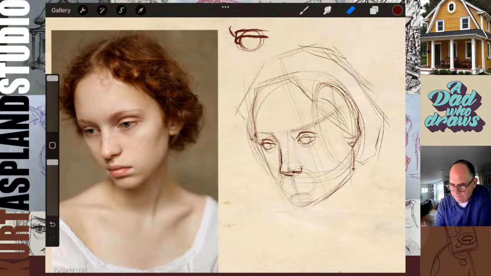All right, let's continue on here. All right, the ball, look at this. The septum really comes out here. You see this? And let's draw the crease in between her lips here first, okay?